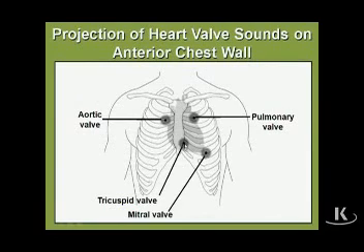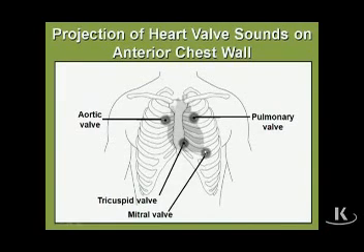For the mitral valve, we know that the mitral valve is between left atrium and left ventricle. So the blood is flowing to the left ventricle. We know that the left border of the heart is left ventricle. And we know that the bottom of the left border, where the apex is closest to the anterior chest wall. So we're going to put our stethoscope near the apex, in other words, in the 5th intercostal space at the